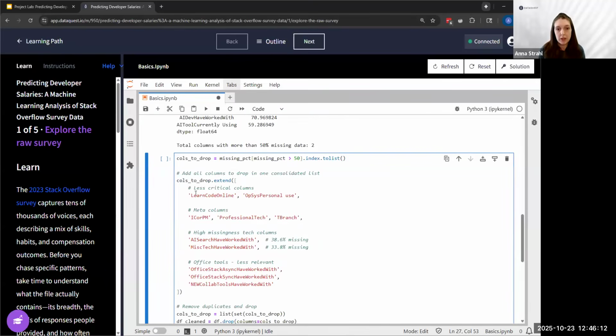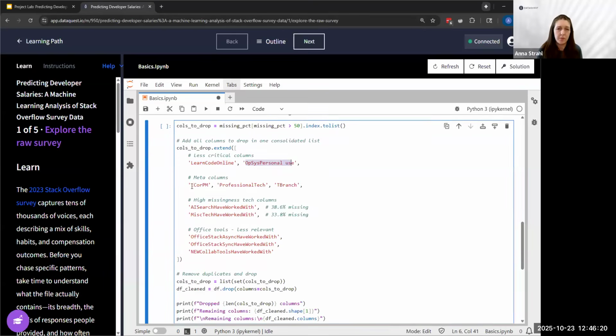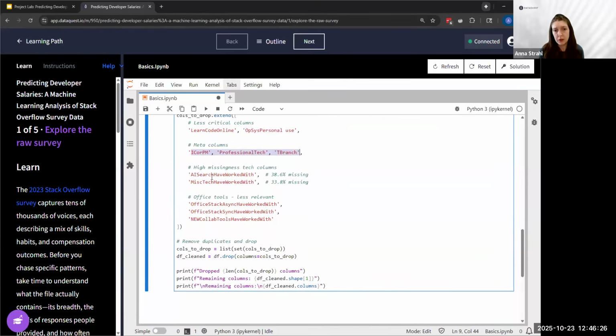Okay, so we are going to extend the number of columns we're dropping here: learn code online, your personal operating system that you're using, and a couple of metadata columns that aren't necessary for predicting salary. We're getting rid of a couple more columns with high missingness values, as well as office tools. Think of Microsoft Word: a great office tool, but probably not super indicative of salary.